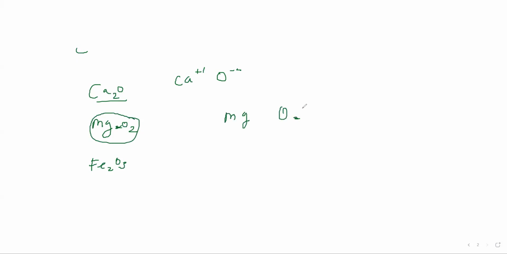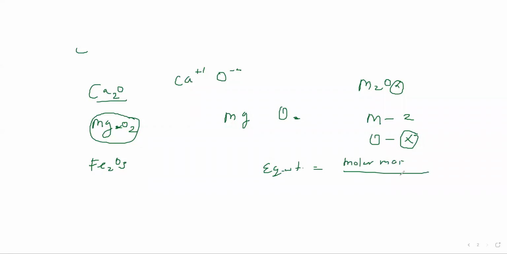Oxygen atoms are 2. So similarly, when you talk about the M2OX, means metals are how many? 2. And oxygens how many? X should be there, right? Yes or no? So we have to find the X in front of this. Correct. So for this purpose, instead of molar mass, we're going to use the equivalent weight. What is the equivalent weight? Molar mass upon how much metal atoms are there or how much oxygen it can give off.